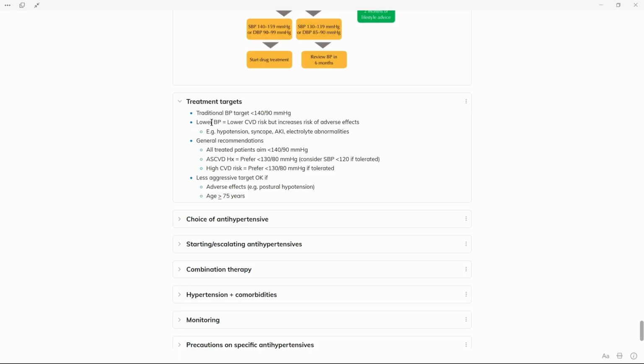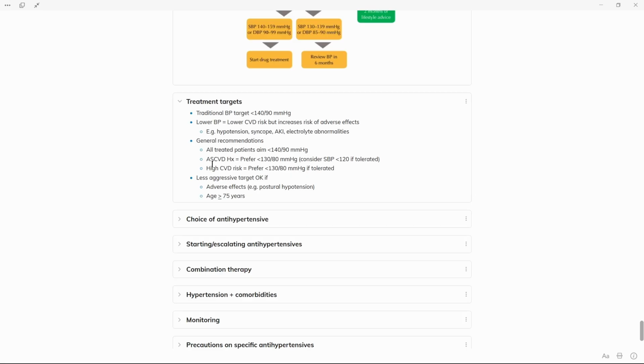We know that if we lower the BP, we lower the cardiovascular disease risk, but there's also an increased risk of adverse effects, because you need to use more doses of a medication to get to that point. Side effects of medications include hypotension, syncope, acute kidney injury, and electrolyte abnormalities. And so the general recommendation is that we treat all patients to a target of less than 140 systolic and less than 90 diastolic. And the target will be lower if they have